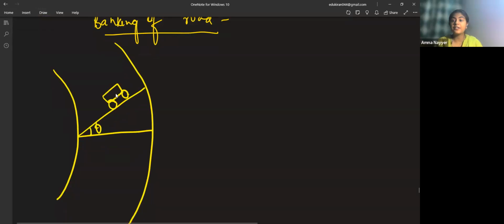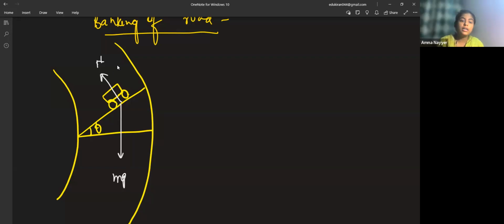So the difference that comes here is, in bending of road, normal reaction was straight. It was just perpendicular along the y-axis because the road wasn't bent. Now there has been an inclination in the road. So the normal reaction is this now. The block and inclined plane questions we did the same way. And gravitational force will act downwards, mg.